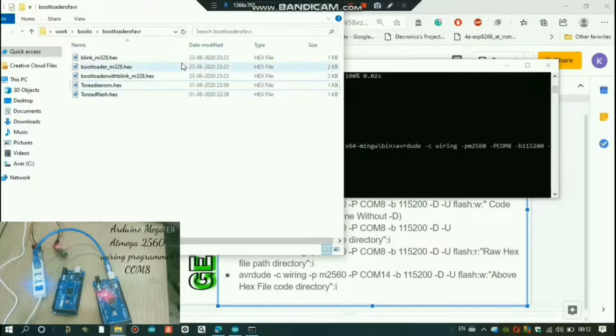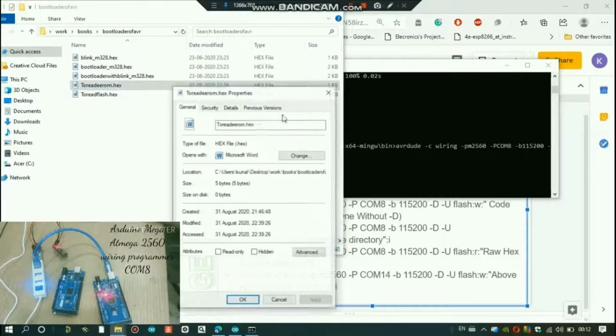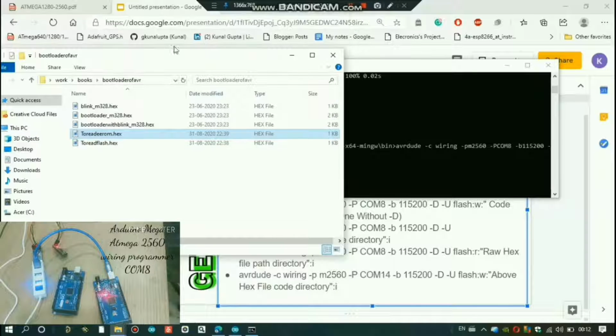Just download this folder, then copy the to-read-flash.hex properties and copy its file location. Once downloaded, it will be in your downloads folder, so just copy its file location. Let me just copy it, I think I have not copied it.